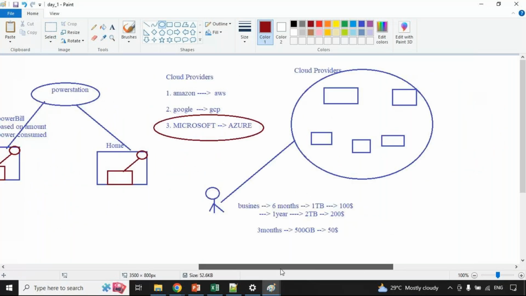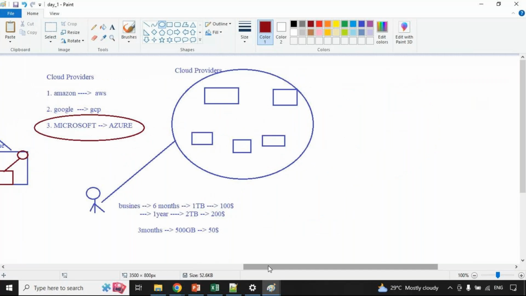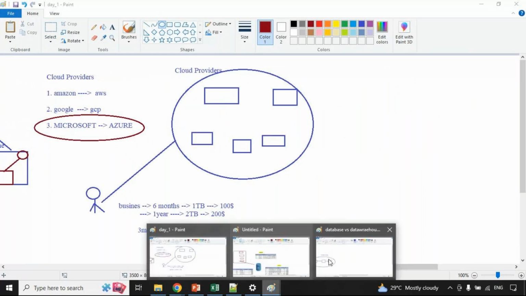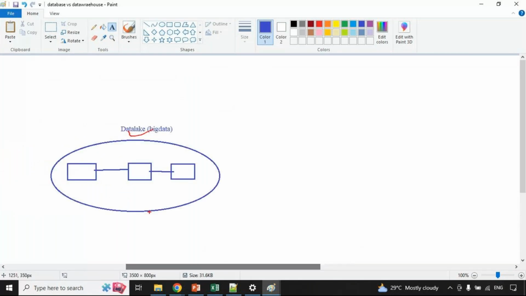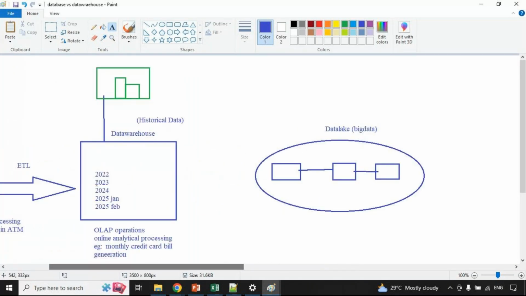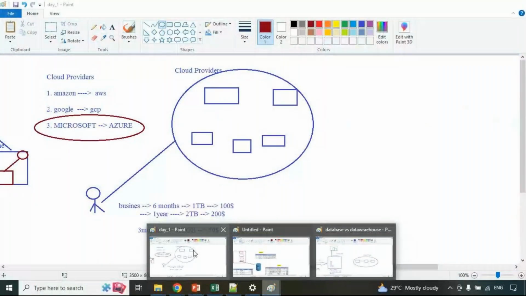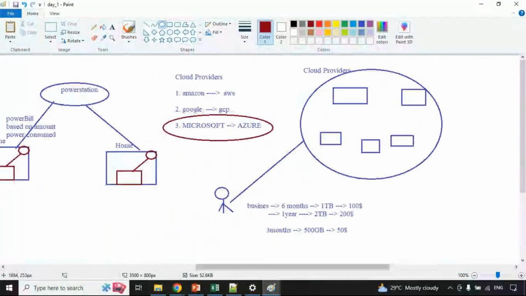Now, guys, before cloud, traditionally they had data warehouses, but nowadays people maintain a huge amount of data, so they have chosen data lakes. The storage for this data lake is already available in the cloud environments. And the services provided by all the cloud environments are the same.